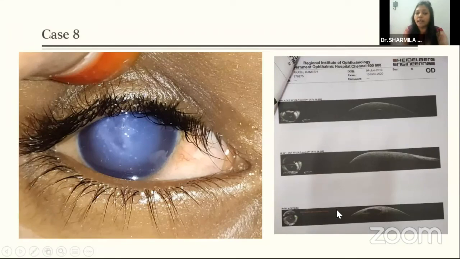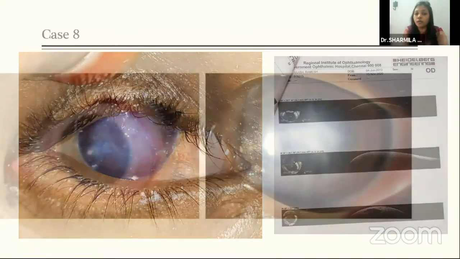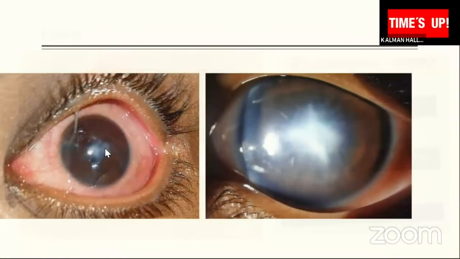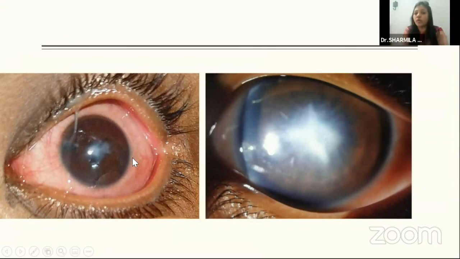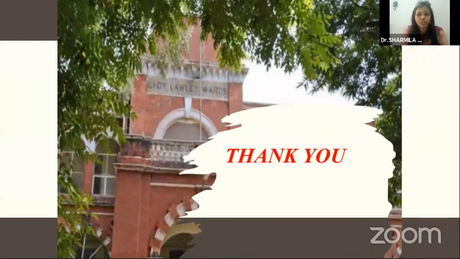Just to buy time and to give symptomatic relief, you can probably do corneal compression sutures with pneumatic descemetopexy or intracameral C3F8. So it can leave a scar, and it can give symptomatic relief, and that way you can postpone the keratoplasty. Thank you for your patient hearing.